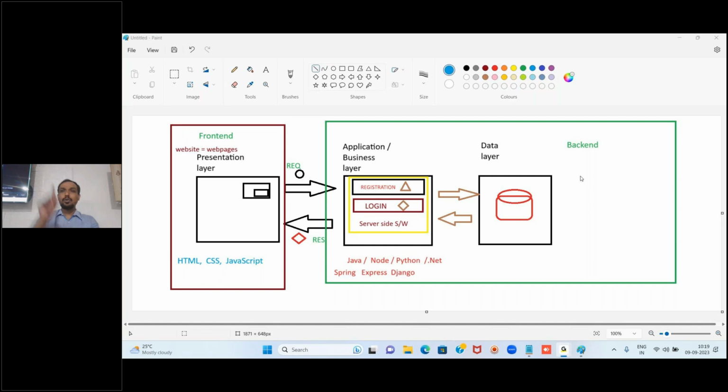Earlier, knowing only one language on one side was enough. If you were a front end developer, fine. If you were a back end developer, fine, because there might be separate teams for web application development, with different duties. But in these days, for at least the last 6 or 7 years, companies are asking their employees to learn the other side also. If they are already working as front end developers, they are asked to learn a back end language. If they have been working as back end developers for more than 10 years, they are asked to learn front end technologies.